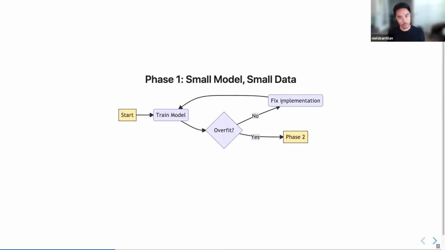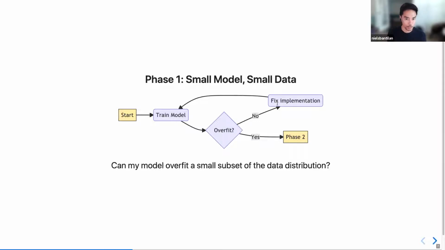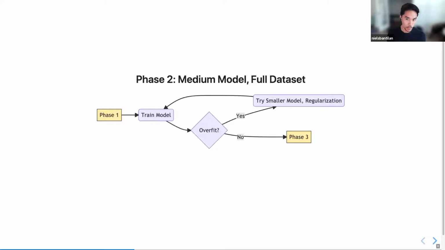So if no, then there's something wrong with your implementation. There's a bunch of things you can try here that I won't go through, but there's something wrong with the model implementation if you have to go back. If yes, then you can go to phase 2. And if you can answer yes to this question, these are relative terms, very hand wavy, but